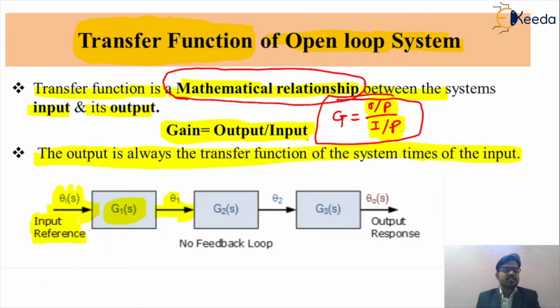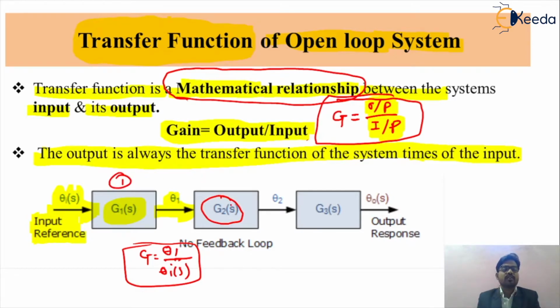So the gain of such a system we can write as theta 1 divided by theta s. This will be the gain of the first block. Similarly, we can get the gain of the second block in terms of your S plane. We are getting the value in terms of S plane, which we call a complex variable. So the gain of the second system, G2s, is equal to the output of such a system, theta 2, over the input, theta 1. So this will be the gain of this system.